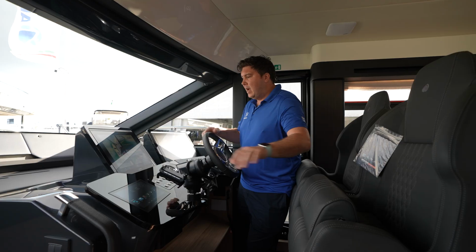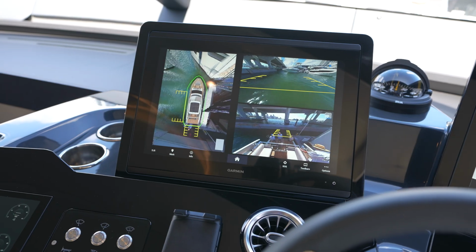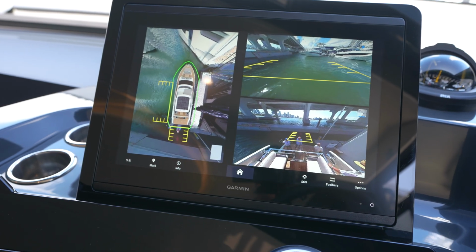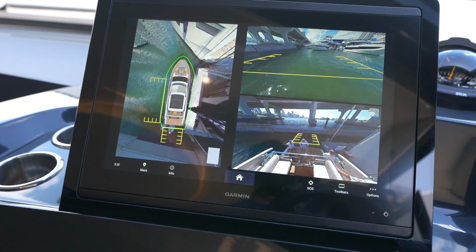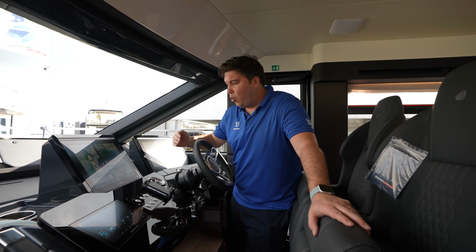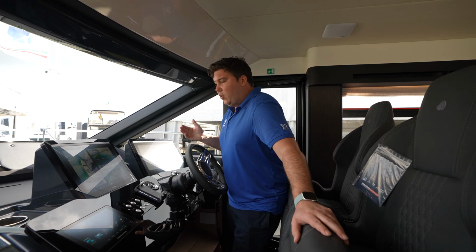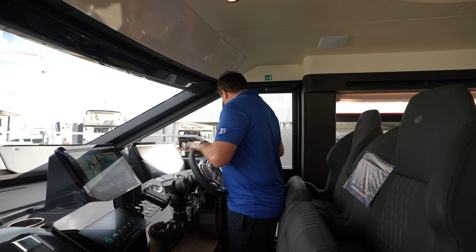I really like that. And as you can see here, you've got Garmin surround view on this boat, which is much like your parking assistant on your car you might have. So you have a top-down view, you have these lines that give you a warning when you're getting too close to something. That's a really, really cool feature. But of course, if you just want to do it with Mark 1 eyeball,